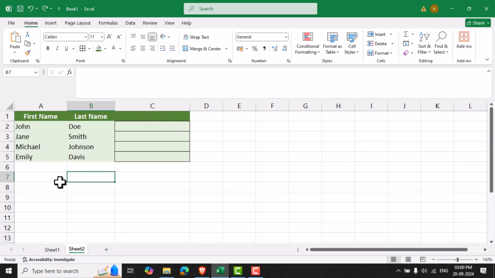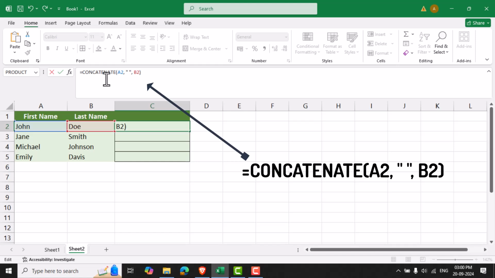Here's an example table with first names and last names. I want to combine the first and last names into a full name in a new column. Here's how we can do it with the CONCATENATE function. To combine the names, I'll go to the cell where I want the full name to appear. I'll type equals CONCATENATE A2